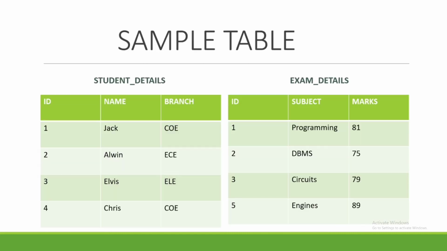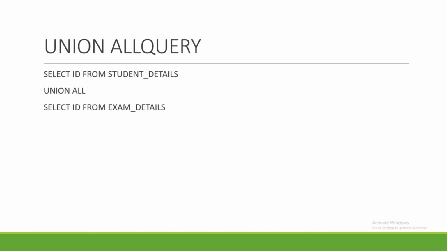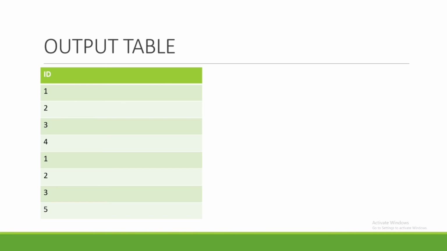So again the same table we are having, and if I apply the same query using union all, what I will get is that you can see there are 3 rows that are actually common, that is 1, 2 and 3. So these are the matching rows. So 6 rows will be printed for this. No removal of duplicates will happen in union all, and 4 and 5, which occur once, will come only once. So you can see 1 2 3 4 1 2 3 5. So 1, 2, 3 are actually coming twice, and you can see here vertical joining has been done, that is all of them are getting appended into the same column.